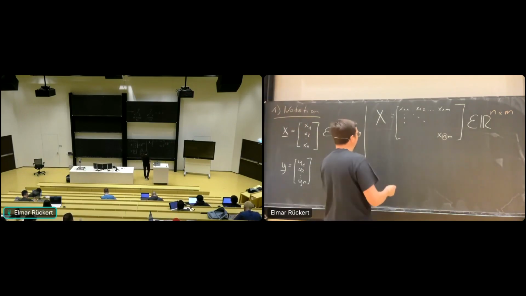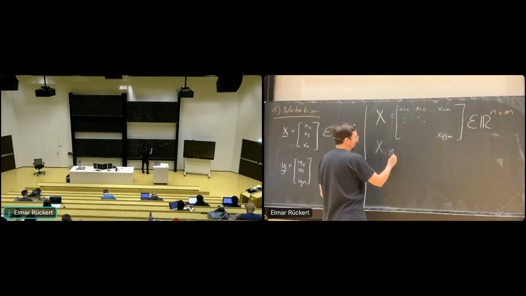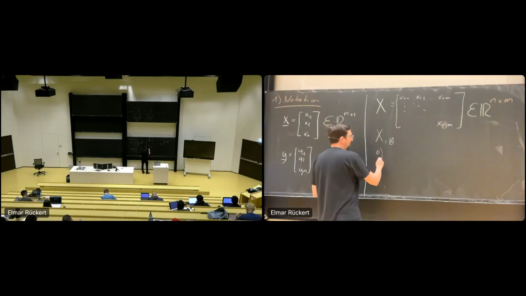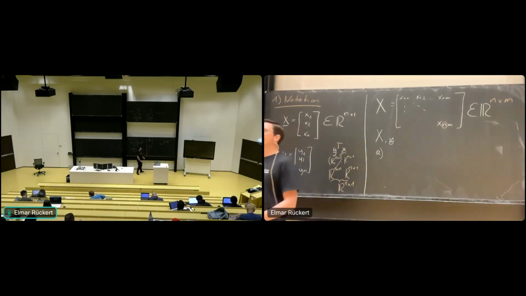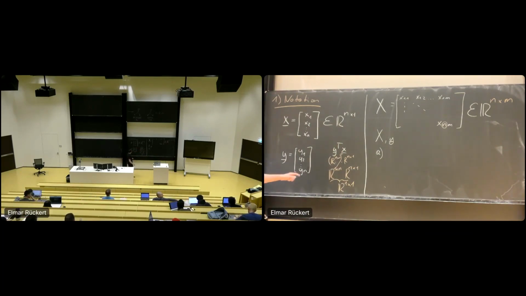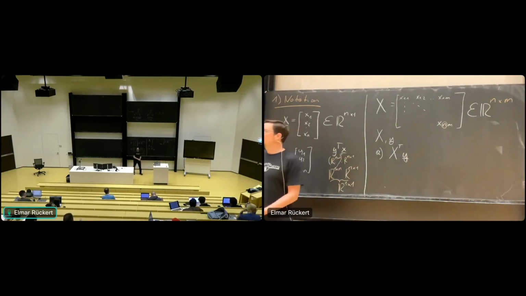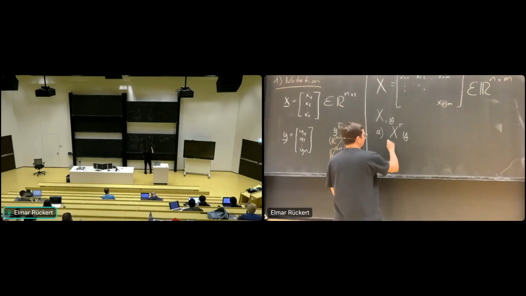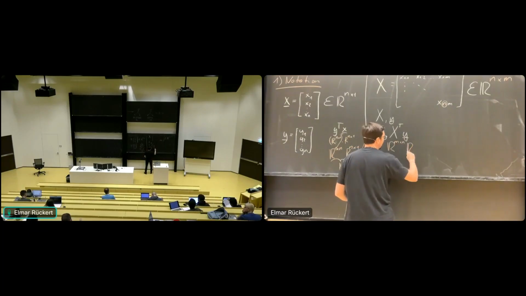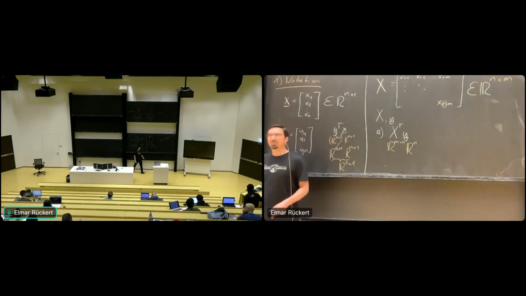I want to multiply this matrix X and the vector Y. So option A would be, yes, X transpose times Y. That would work because in this case, I would have the dimension R^(m times n) times R^(n times 1). And the resulting dimension would be,